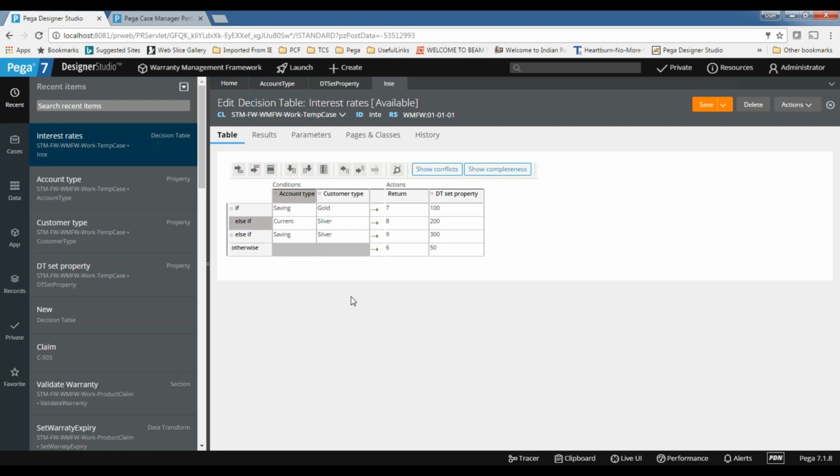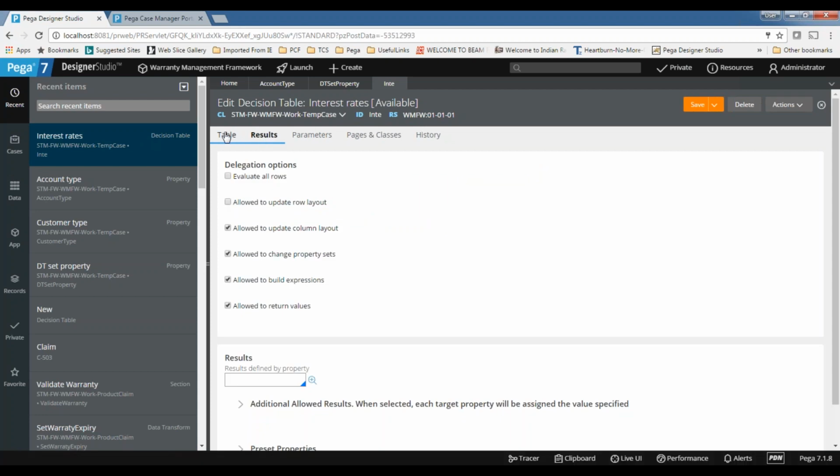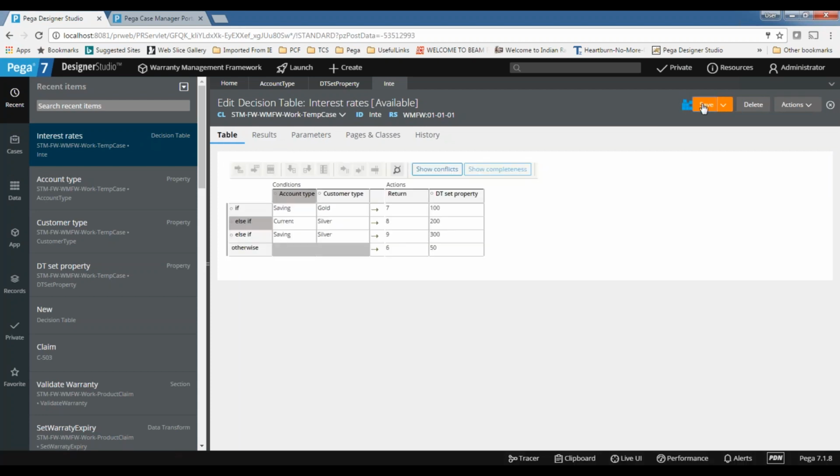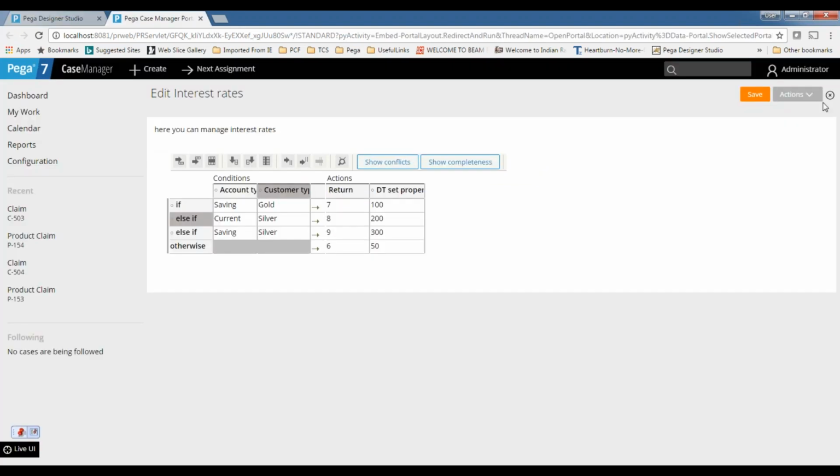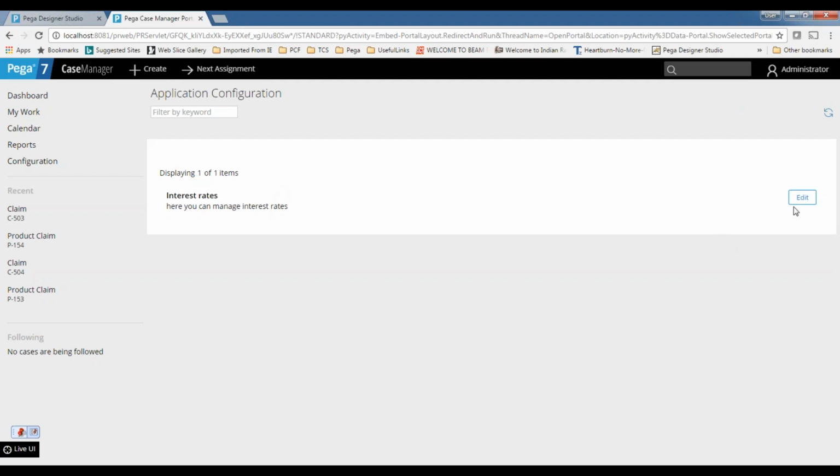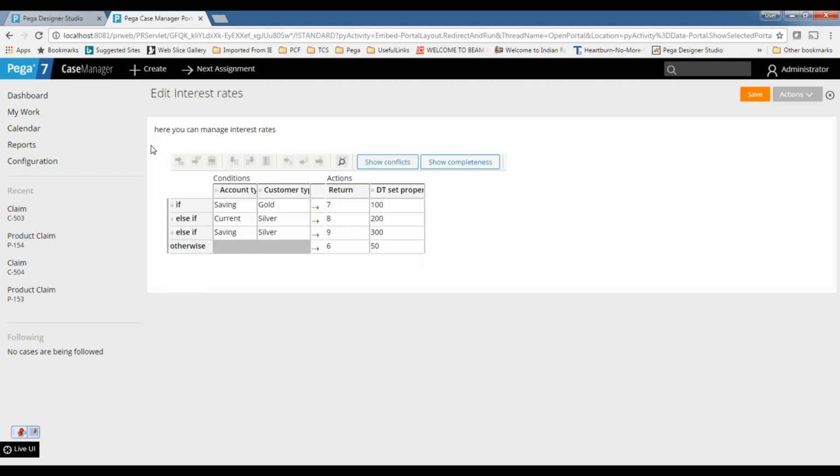Once the development is over, if you don't want the business user to add the new rows, what I can do is uncheck this box so that the business user also cannot do anything. So here you can see this is disabled. You cannot add new rows right now. If you go here also, the same thing will happen. You cannot add new rows. See, this is disabled. This is disabled.